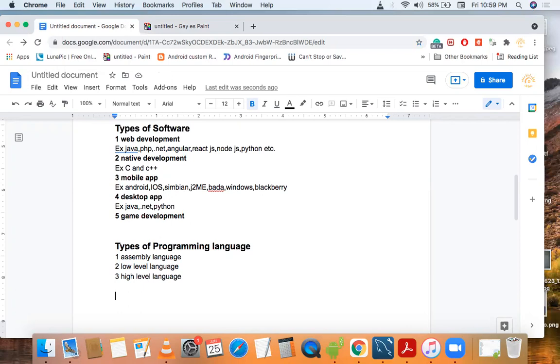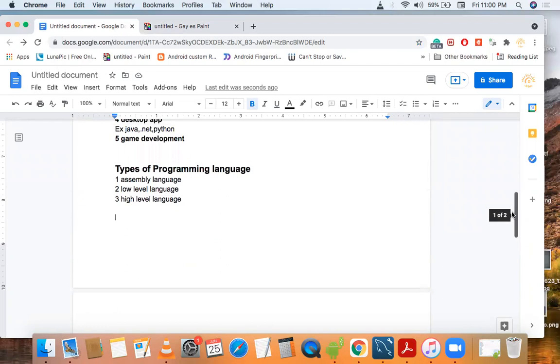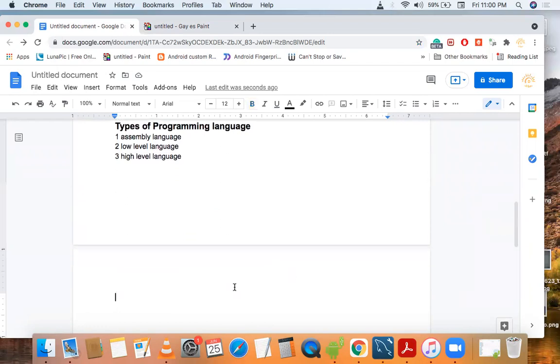Now we will learn what a compiler is and what an interpreter is. Both are used for translating from user language to system language, which means they convert our source code to machine code, which is understood by the machine. Now we will see the difference between compiler and interpreter.